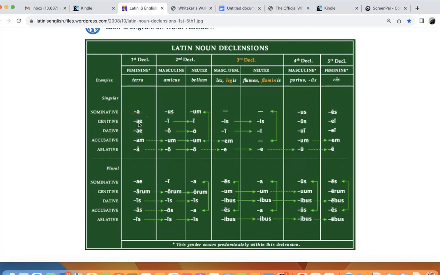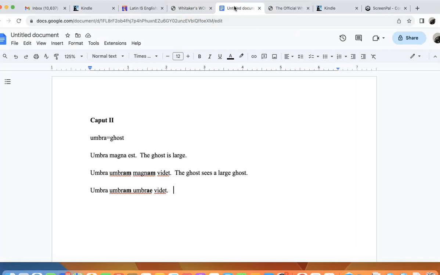Is it AE? Or is it AE? Well, only the context will tell you. And so you have to have some sense of the context. In this particular case, I'm using it as the genitive. And so we're going to say of the ghost. And so we go back to our example here, the ghost, and that's umbra, sees. So umbra, read it. And then I'm going to say the ghost,